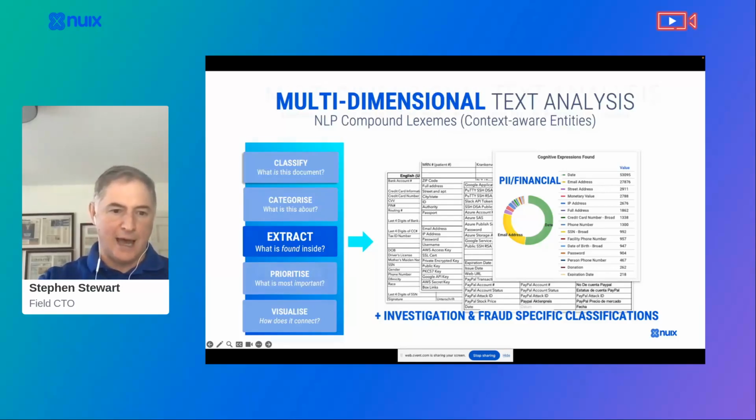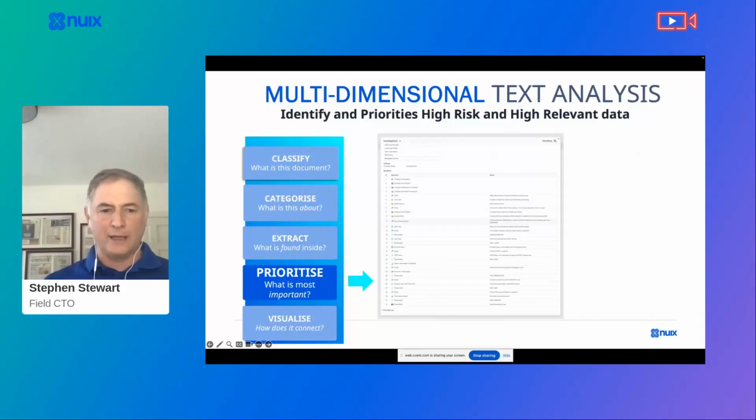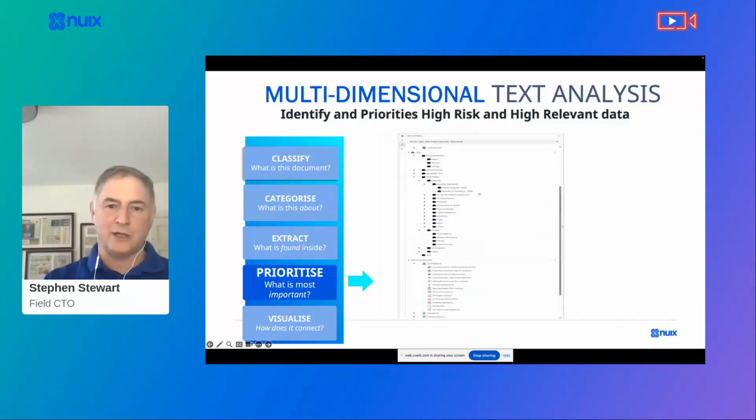So if I take that and think about, okay, that's great. I can understand what the document is. I can categorize it. I can extract the information out of it. The next thing is how do I start to think about prioritizing? And prioritization goes to things like risk scoring. So in each one of those instances, let's take, for example, a US tax document. A US tax form, say a W-2,